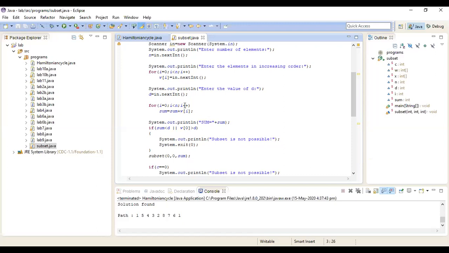And if the sum is less than D, then also I cannot find a subset. Suppose I take 1, 2, 3 in my set. The sum will be 6, but if D is 9, then also I cannot find a subset. In both cases, I write that subset is not possible.